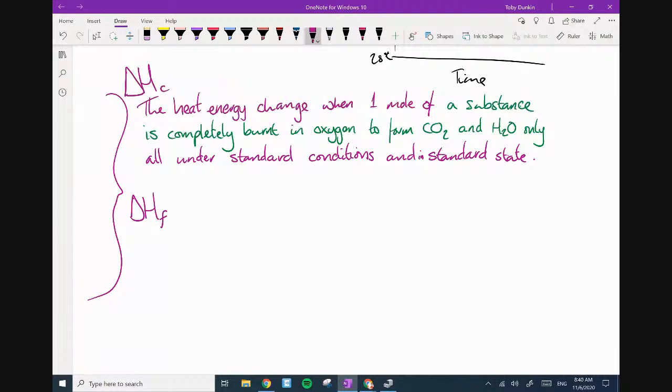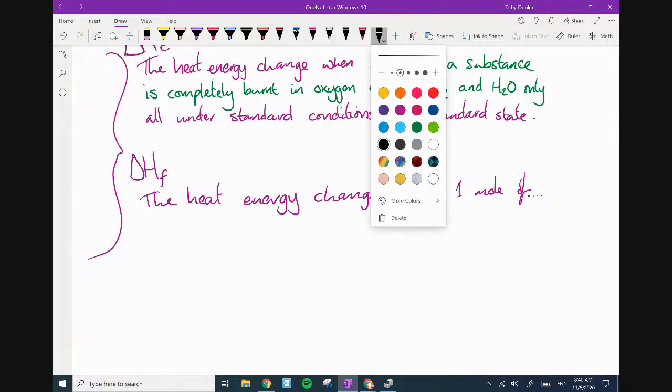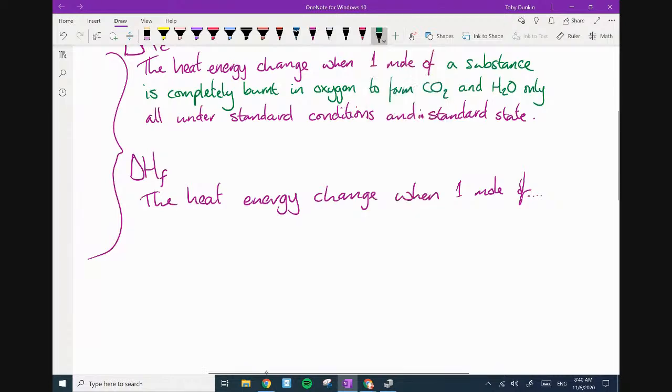Okay, the heat energy change when 1 mole of, notice the similarity. It all starts the same way. Now I need to add in my bit for formation. When 1 mole of, switch to green, when 1 mole of a compound